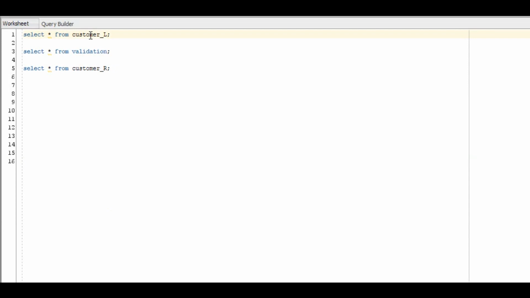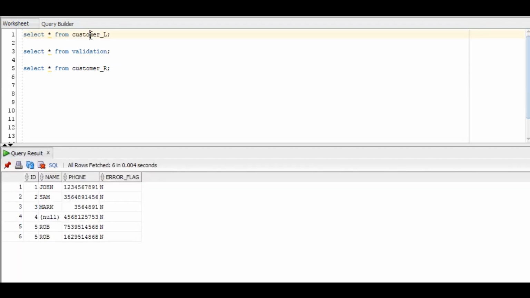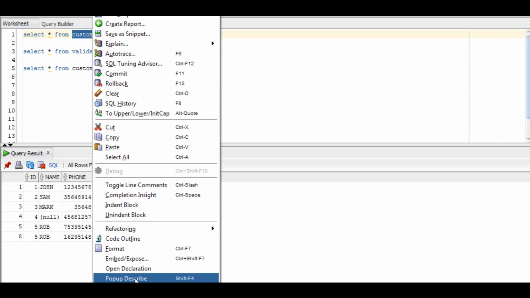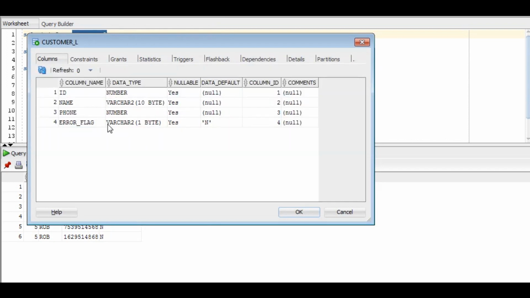So we'll be creating three tables for this solution. First is our landing table customer_L, and this will have three columns along with an error flag column. Now the error flag column is a default column, meaning we don't need to insert data in this column. It will be populated with N by default.